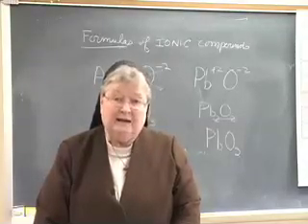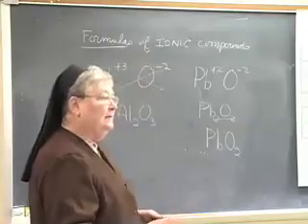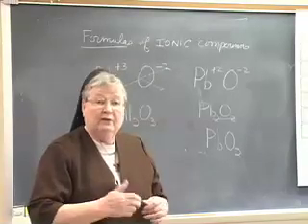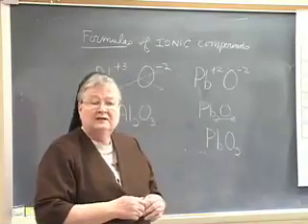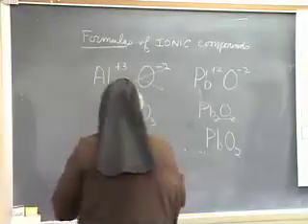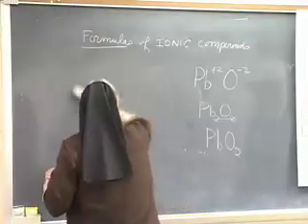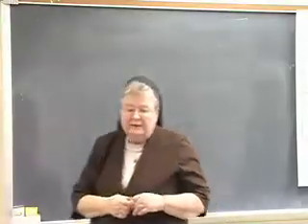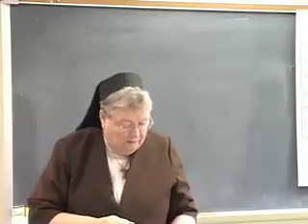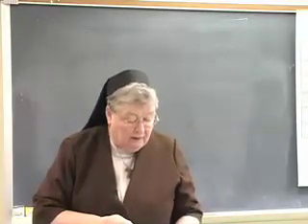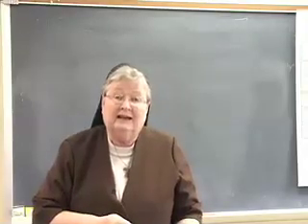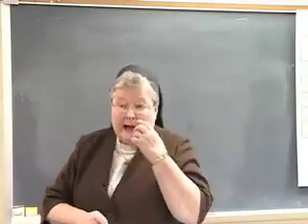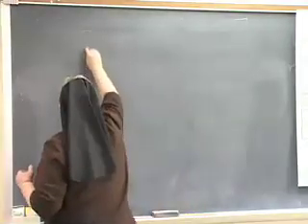Now we need to work on naming ionic compounds. How do we name them? And naming is very important, because when you talk about a compound over the phone or in a discussion, you have to give the name of the compound. So the rules for naming the compound can be shown in figure 5.13. It's basically a classification. If you can class it right and give it a name, you could do this. So ionic compounds are going to have a metal,